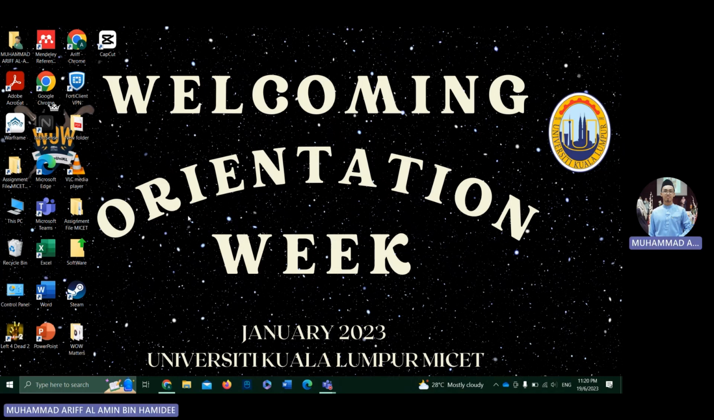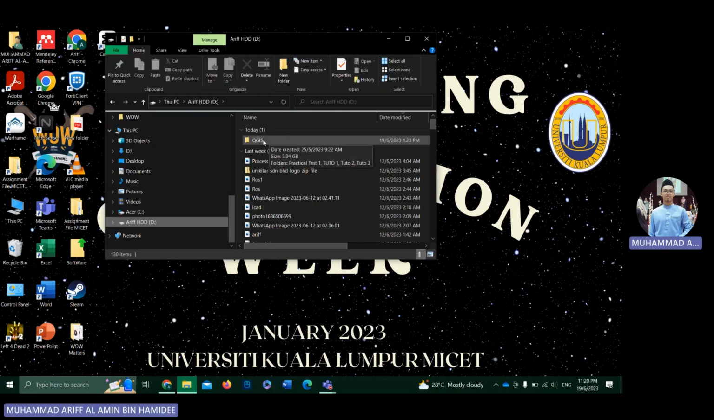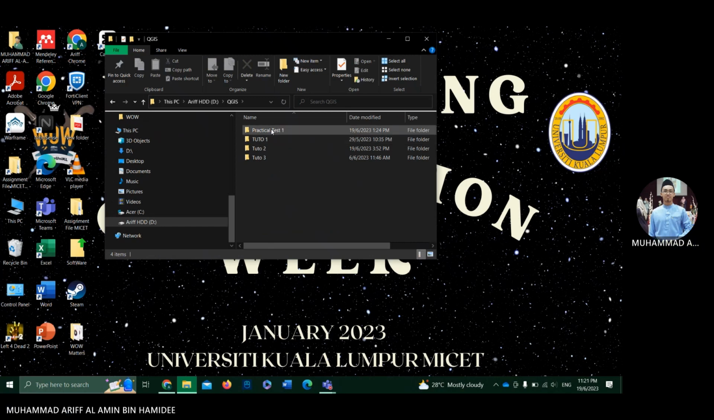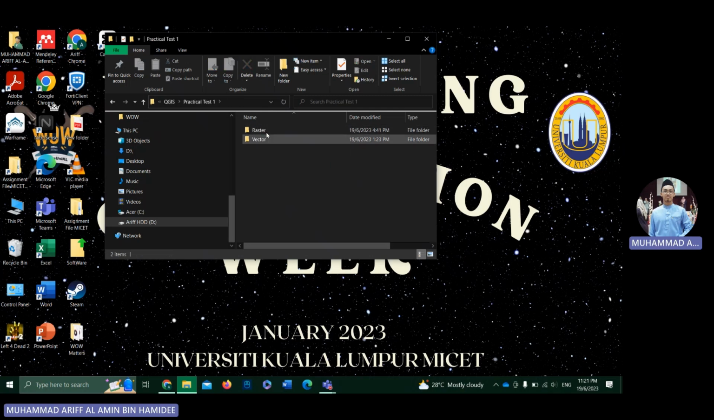First of all, we need to create this file for our QGIS. First, we need to go to our QGIS file in our laptop. For my case, I saved this file for the QGIS in Practical Test 1. In this Practical Test 1, we have a raster and vector file. In the raster file, we have IPOH atmospheric correction, IPOH clip file, IPOH original file, IPOH reprojected file, and IPOH